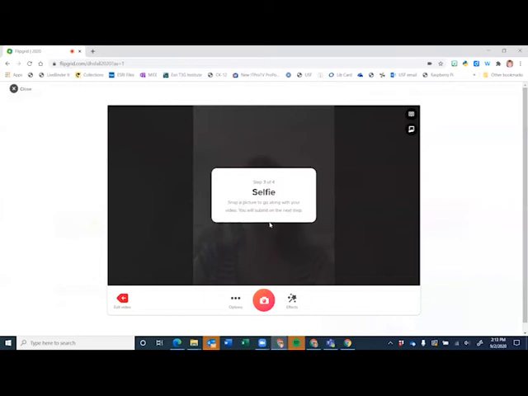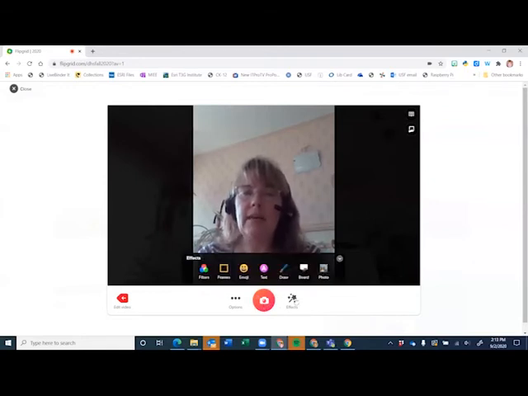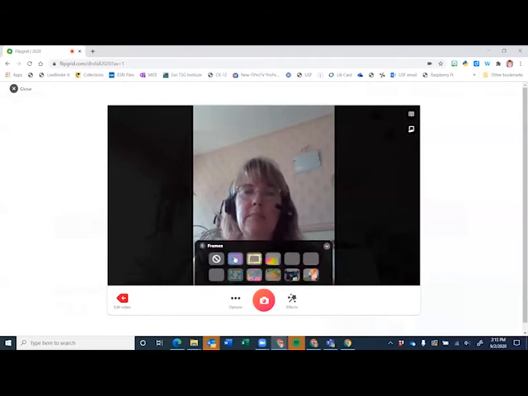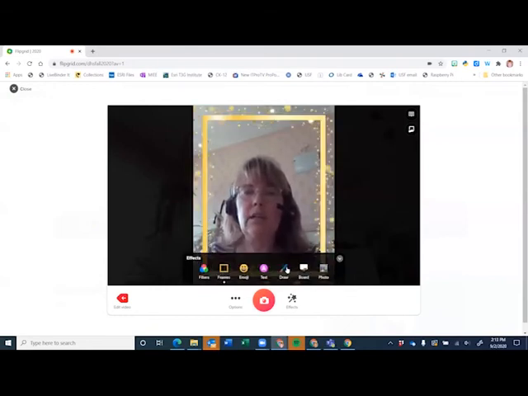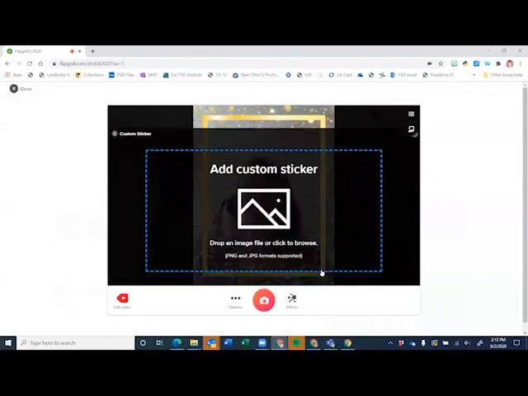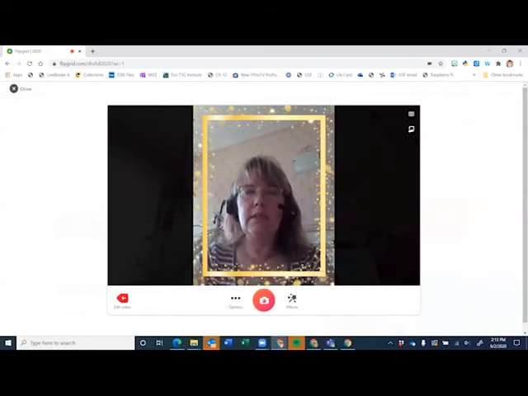Then you need to take a selfie. And so to take the selfie, you're going to click on the camera. You can add effects. And so there's frames. You can upload a photo if you have a photo that you'd like to upload. So if you have your logo, you can do that. So you have a lot of different options there that you can do. Take your selfie